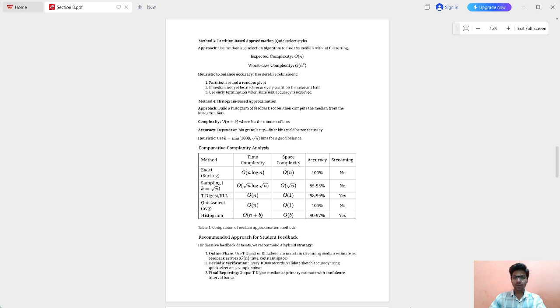Comparison of median approximate methods. The recommended approach for student feedback with massive feedback datasets: we recommend a